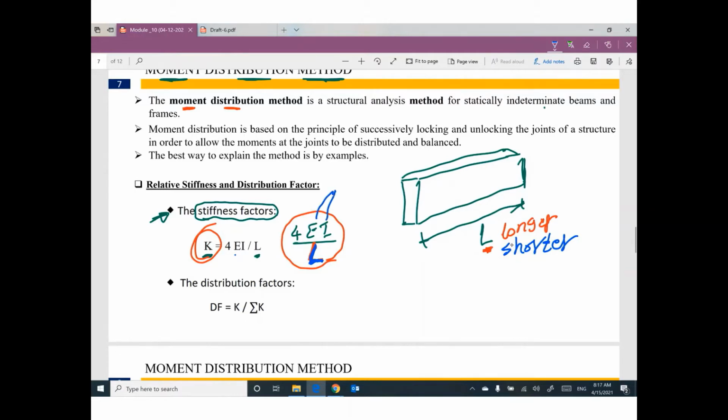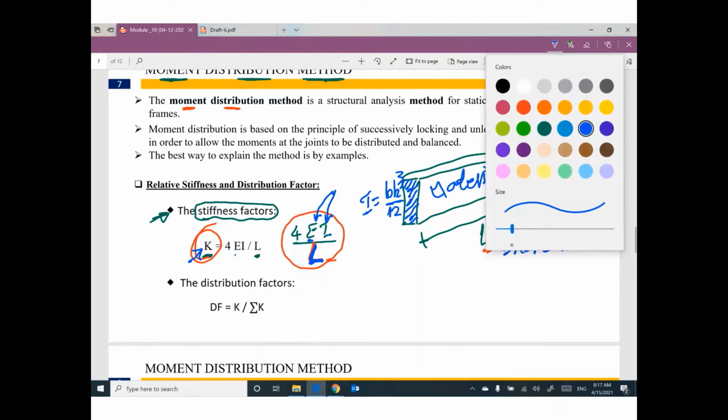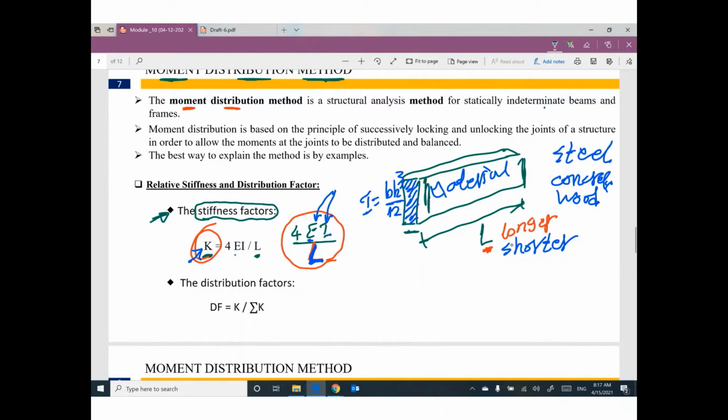The numerator, I would like to keep these values bigger and bigger. Because if the numerator is bigger, the value of K will be bigger, and the member will be stronger. That makes sense? E depends on the material of the member. Steel is the strongest one. Concrete is good. Wood is weaker, and so on. I is the moment of inertia. I for this cross section is bh cubed divided by 12, based on this dimension and this dimension. Anyway,